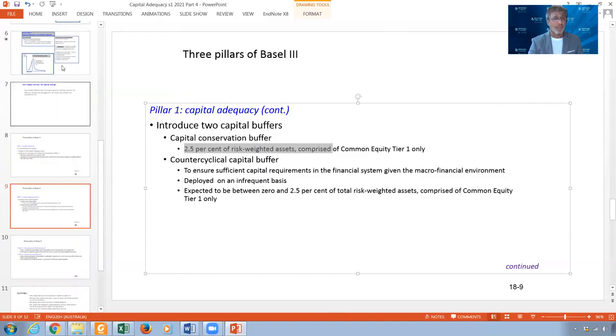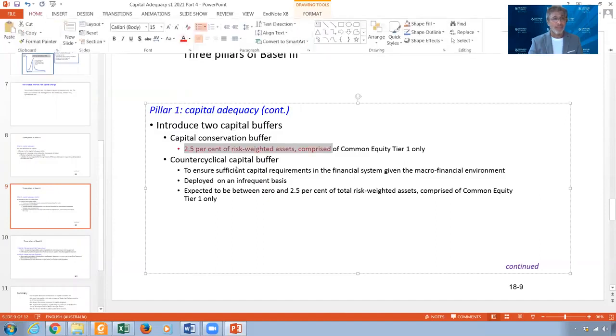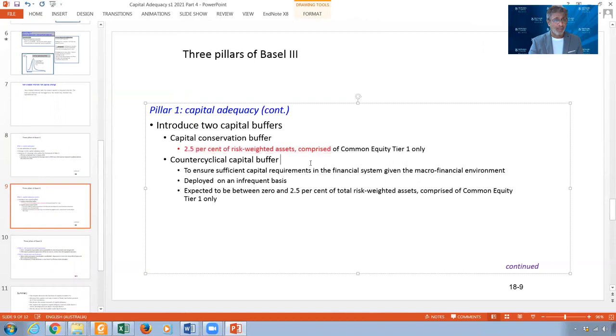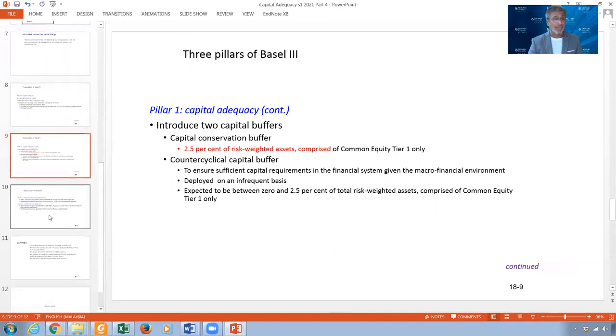This one is already effective. And this one is the countercyclical buffer, which we talked about, and we said regulators have the right to impose it when there is much volatility or instability in the financial market,